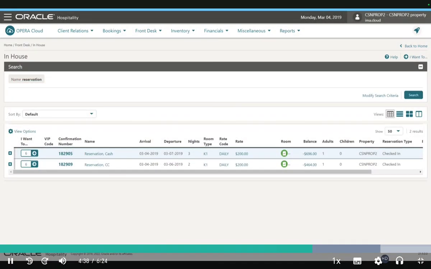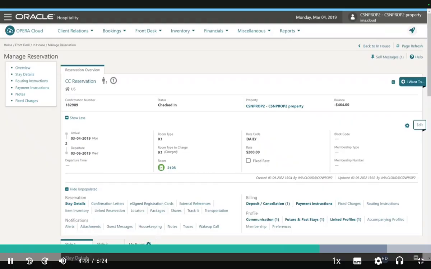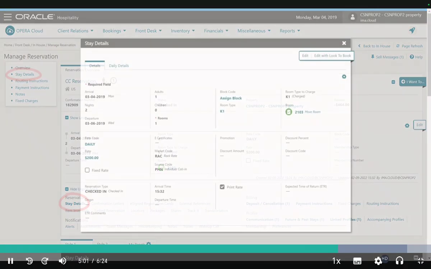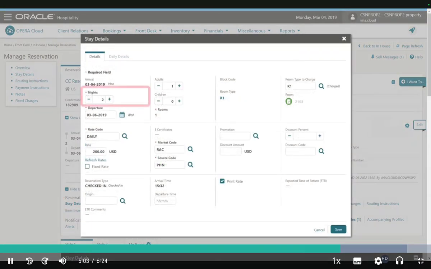Next, let's compare our cash demonstration to a reservation checked in with a credit card. This reservation is set to pay with a credit card, and the required prepayment was collected at check-in. You can see that the reservation balance reflects a credit of $464 as the payment was posted, but there have not been any charges posted at this time. Click the Stay Details link, click the Edit button, increase the number of nights by 1 night, and then click